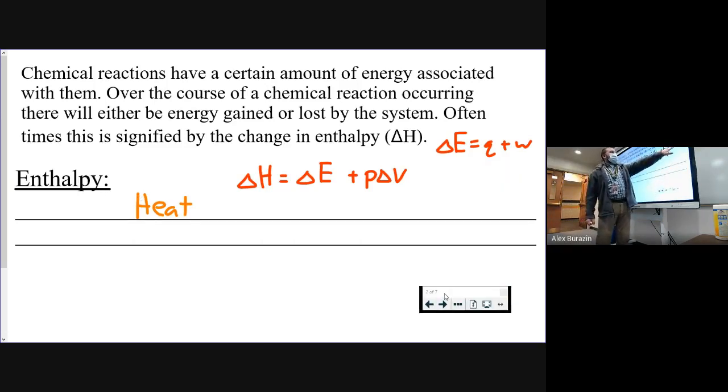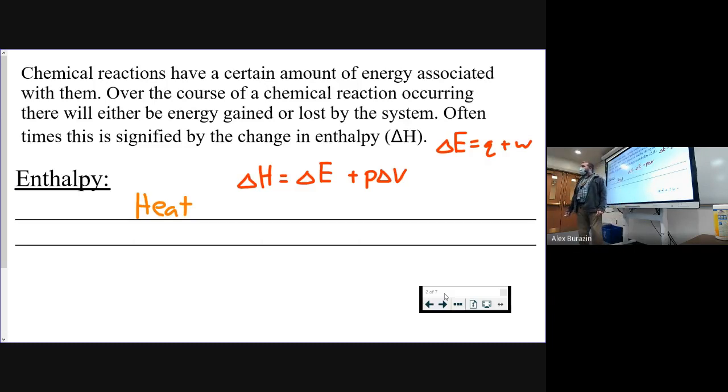This is an equation not in your formula packet, but that is true. The change in energy of a system is equal to the heat plus the work of that system. Okay? So delta E equals heat plus work. Now, this equation is also true. This is not a part of your packet either. But the enthalpy of a system is equal to the change in energy plus the pressure times the change in